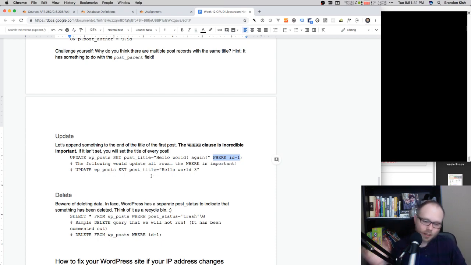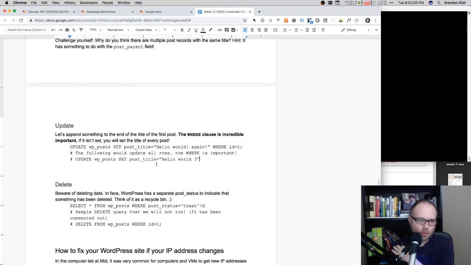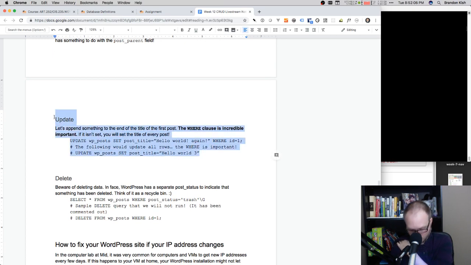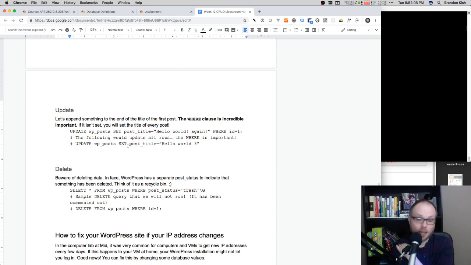It's completely unimportant. I wrote them in here because you can kind of get a feel for which ones are the MySQL words and which ones are the words that represent the names of the tables. I have used database tools that will automatically capitalize keywords, which is kind of helpful. And if we have time, I'm going to show you that there is a way to use a different program to write database queries that will probably do the capitalization for you. But if you're writing them yourself, you don't have to capitalize them, unless it helps you see which ones are the commands. I think I sometimes feel that way.